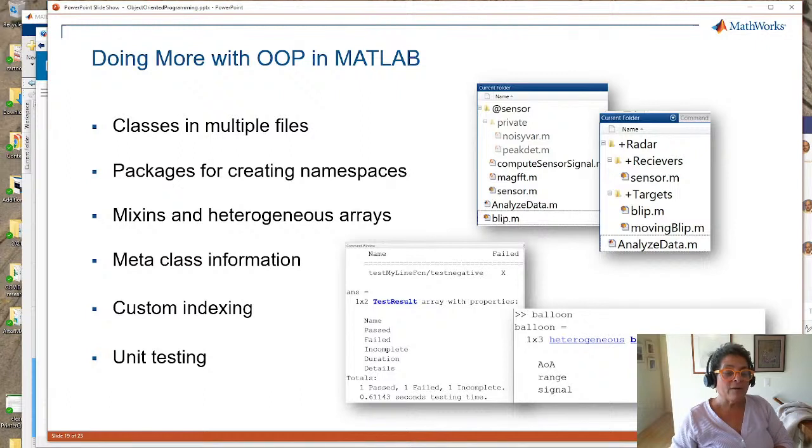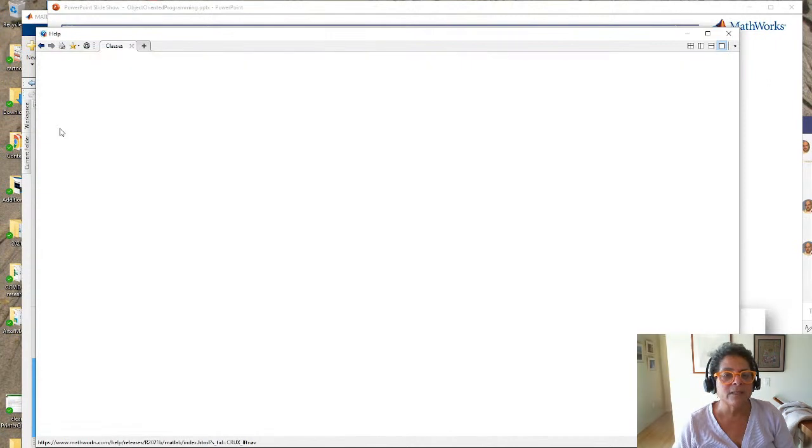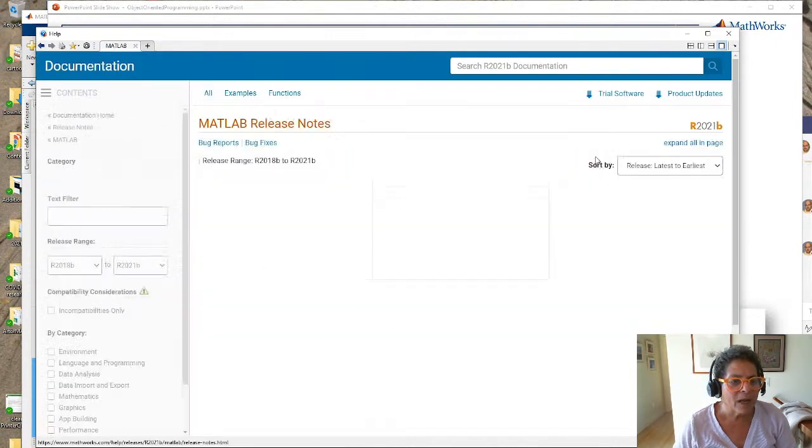You can also find out information about the class itself. And if you want to, you can customize indexing and unit indexing. And we've made that easier in the current release. So in fact, if I come over to here to MATLAB and we come to the release notes,